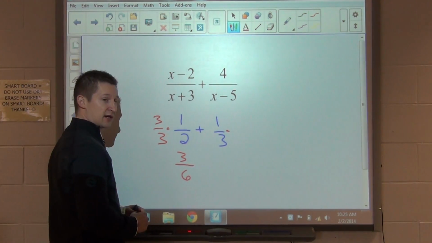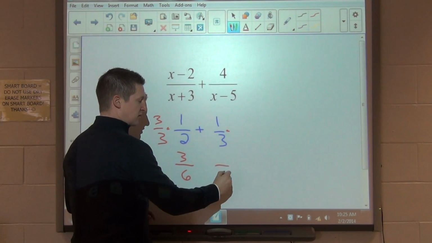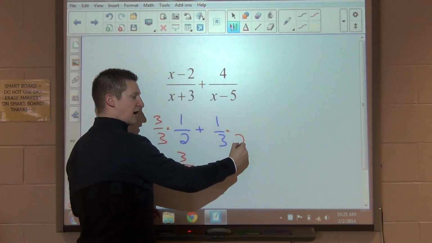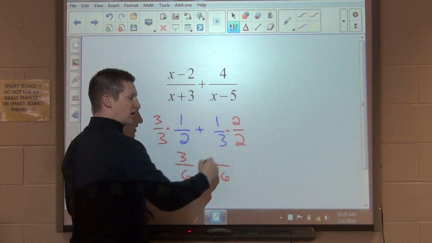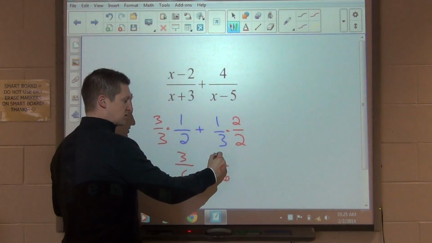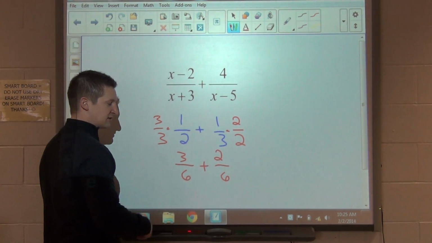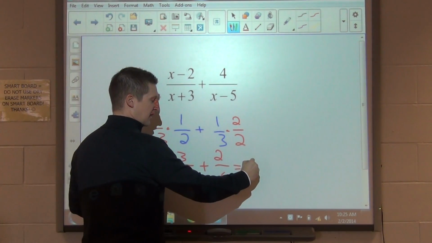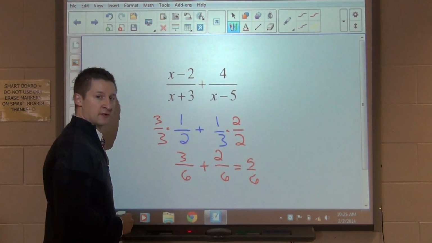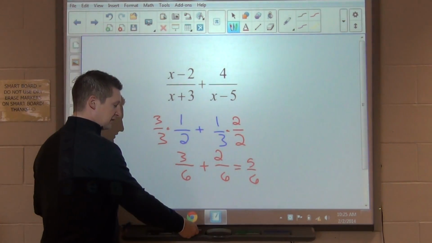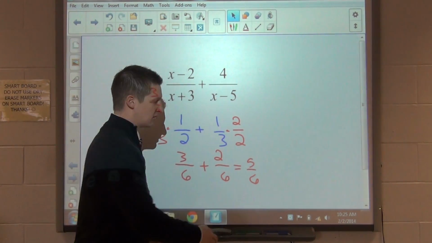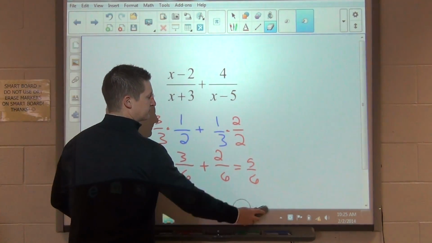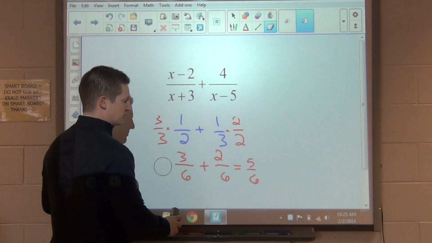I would have to turn the second fraction also into a number of 6. Well, to do that, I'm missing a factor of 2. So I multiply numerator and denominator both by 2, which gives me 2/6. I can then take 3/6 plus 2/6 and have 5/6. So the key is to find that least common denominator. If we were to use the same principle for the expression up above,